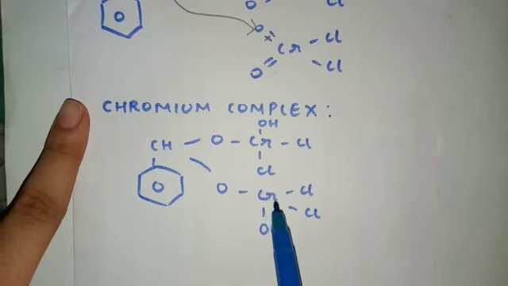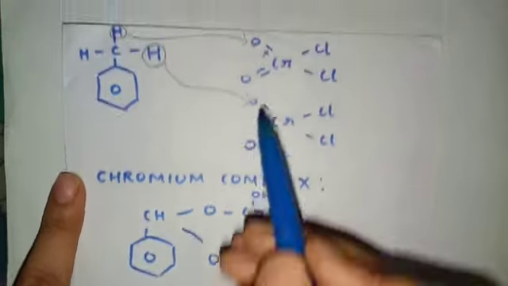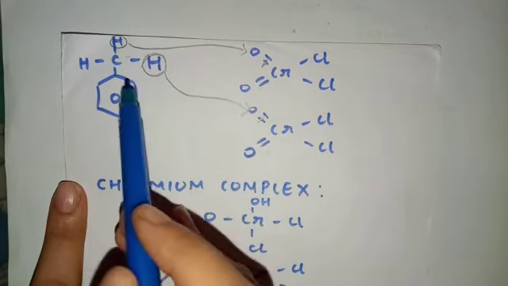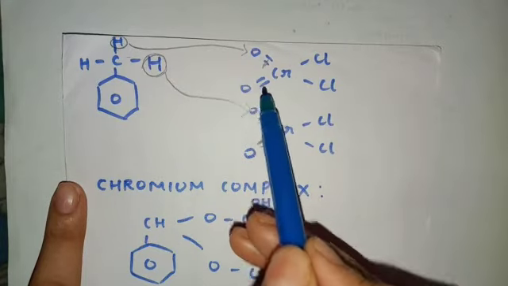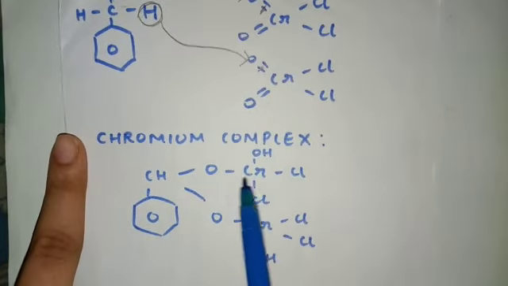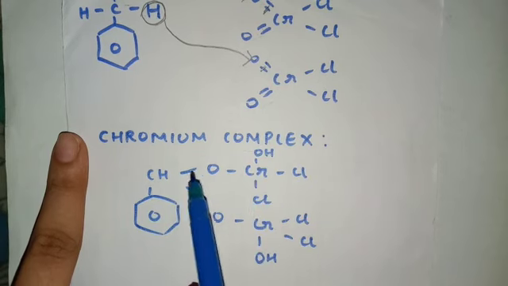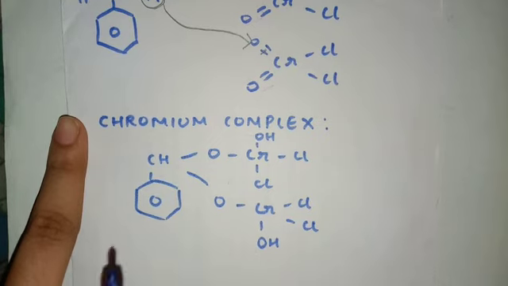Okay, you all can see the OH over here. On this chromium there is an OH, on this chromium there is an OH. I hope you all understood how it became OH, like one oxygen, and on this carbon atom. Now both these compounds will be attached with the help of this oxygen atom, the other oxygen. So you all can see chromium, this entire thing is attached on this carbon with the help of oxygen atom. This other entire thing is attached with the help of oxygen atom.